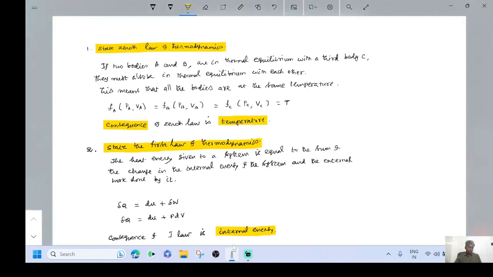Here are a few party questions from the paper Statistical Mechanics. We may discuss them one by one. First question is